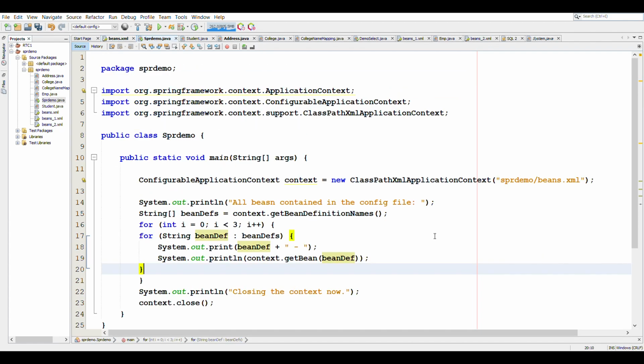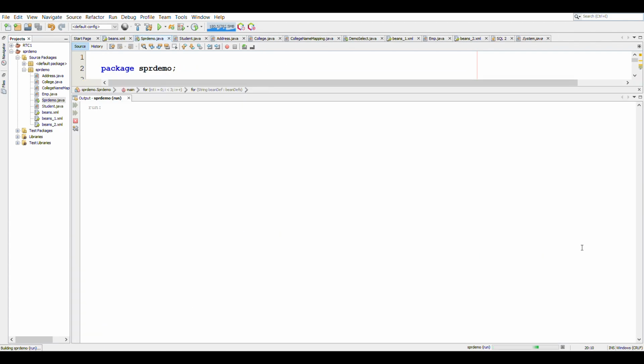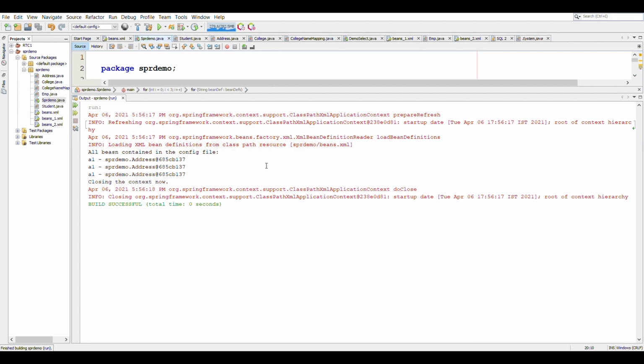So when we run this code, as you can see, it has only one bean and we are printing that one bean 3 times. Here you can see that the object ID is being printed, and it is the same for all 3 beans, which means that all these 3 objects are the same object. They contain the same object ID, which means they are pointing to the same memory.